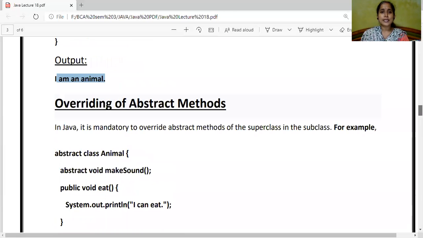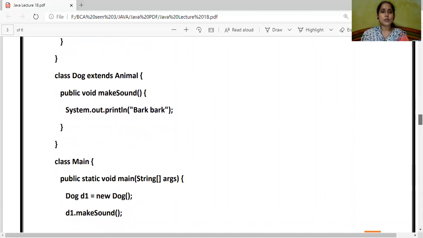How do we override an abstract method? तो एनिमल क्लास में अभी I have added one more method, that is एक एब्स्ट्रैक्ट मेथड है make sound और एक नॉन एब्स्ट्रैक्ट मेथड है void eat, right? So next in dog class, what I do is I have given a body to make sound function which was abstract in the base class.